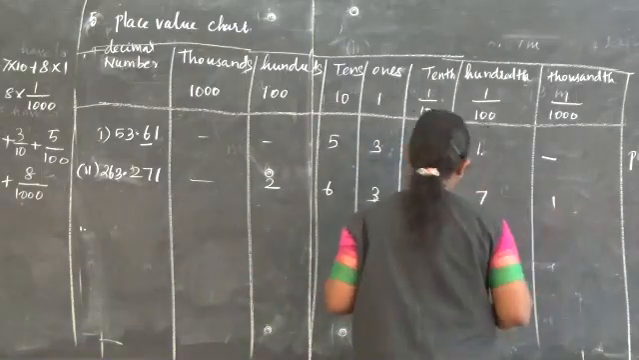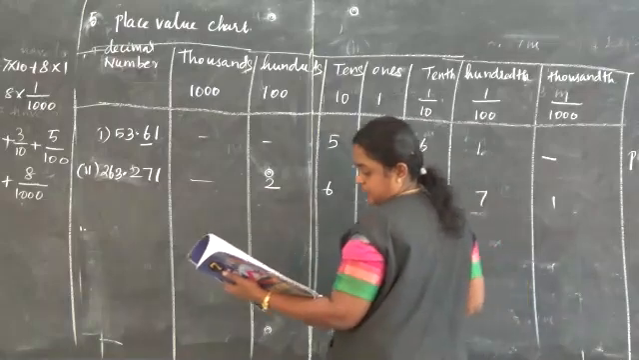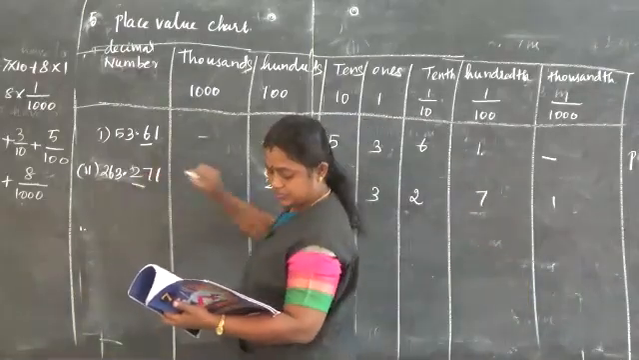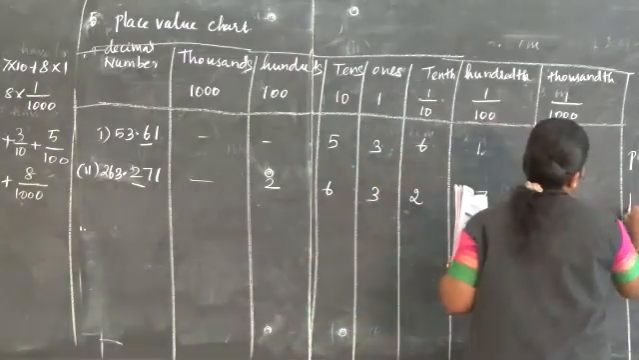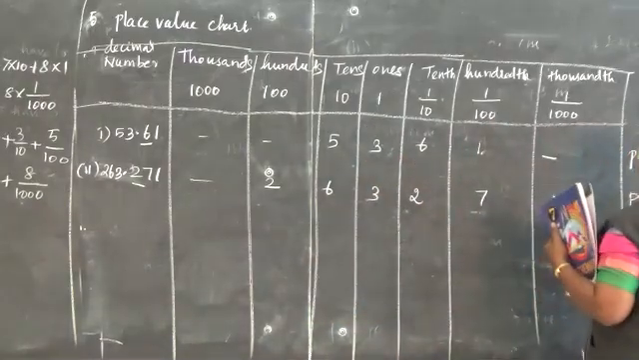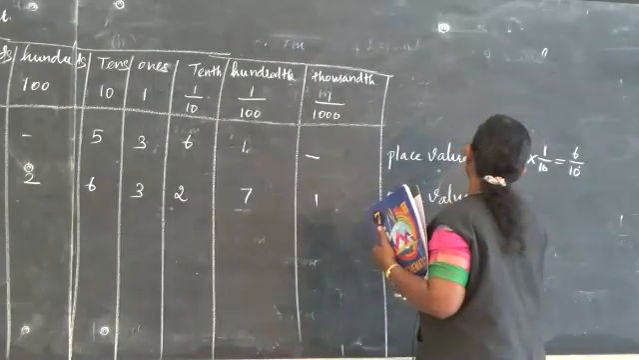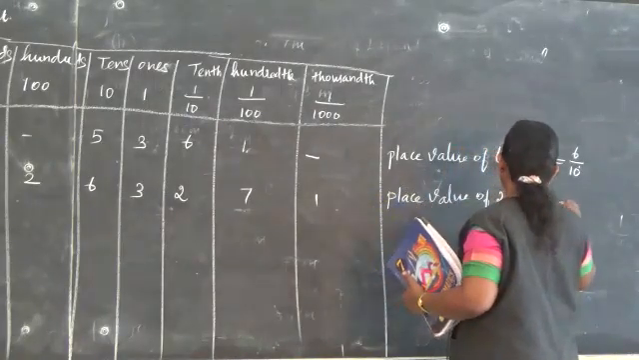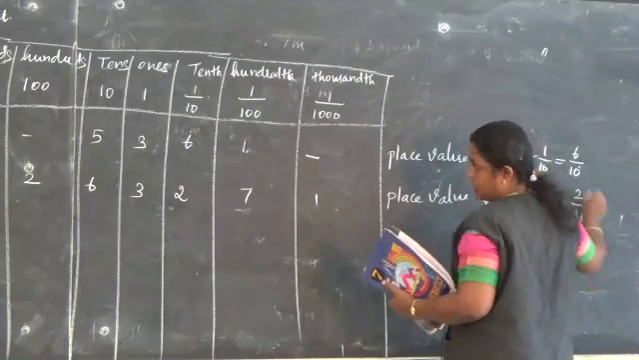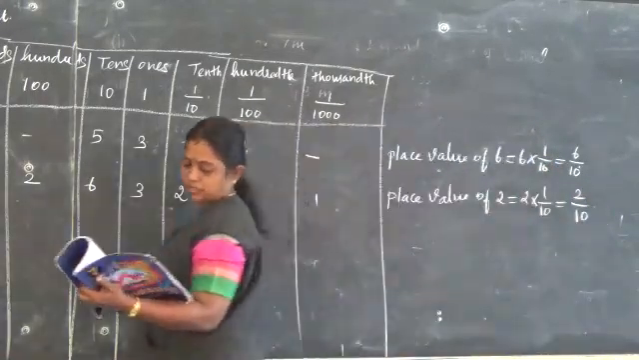7. Then 1. What is the underlined word here? 2 is the underlined word. So what is the place value of 2? So second subdivision, place value of 2 equals 2 into 1 by 10, that is equal to 2 by 10. Come to the third subdivision,